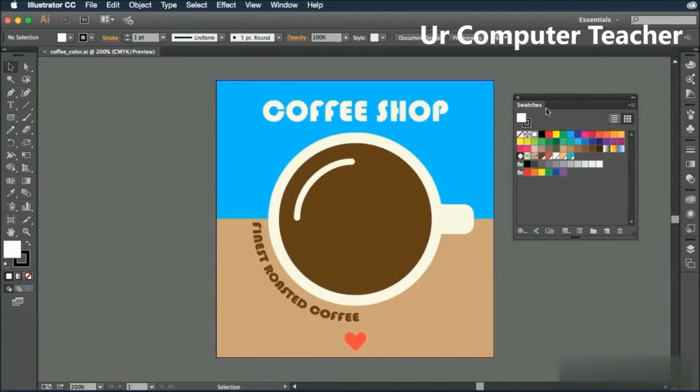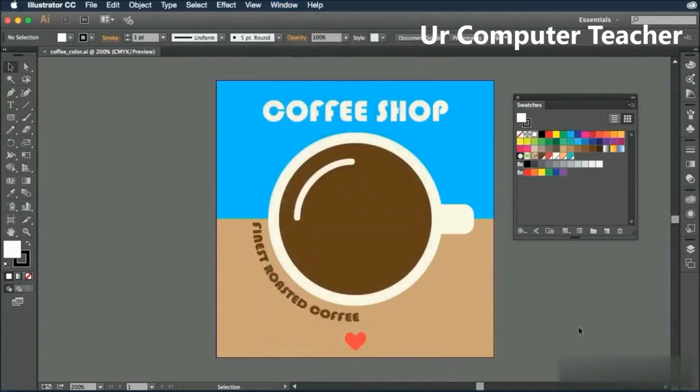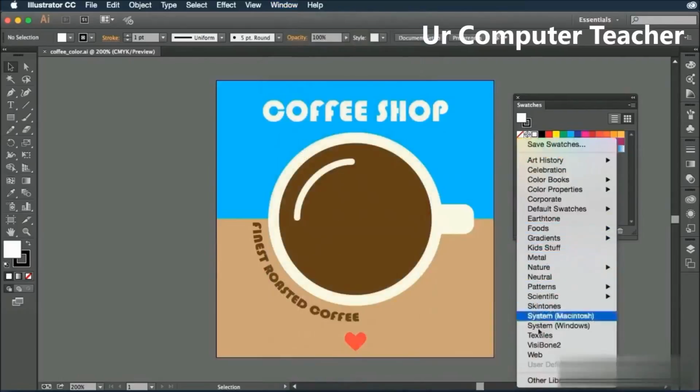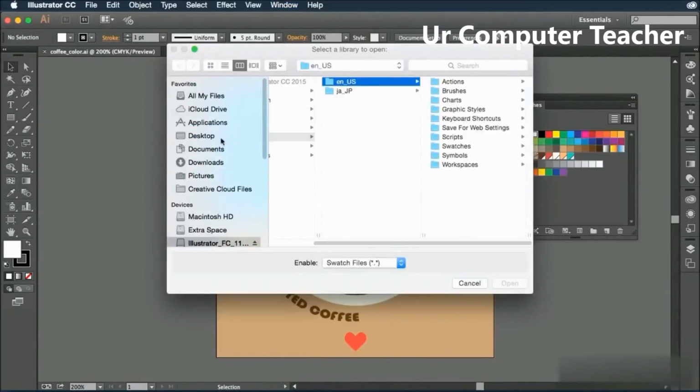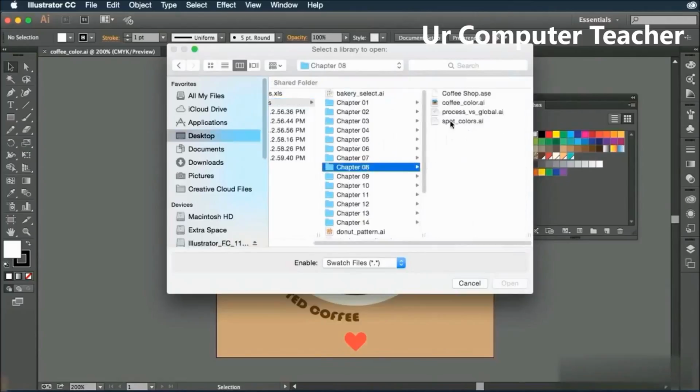First thing we're going to do is open up the Swatches panel. You can find it by going to Window and selecting Swatches. And once you have that open, just click on this little library link right here. And then at the bottom, there's a little option for Other Library. Go ahead and click on that. Then I'm going to navigate out to my desktop, look in my exercise files, Chapter 8, and we're going to go to